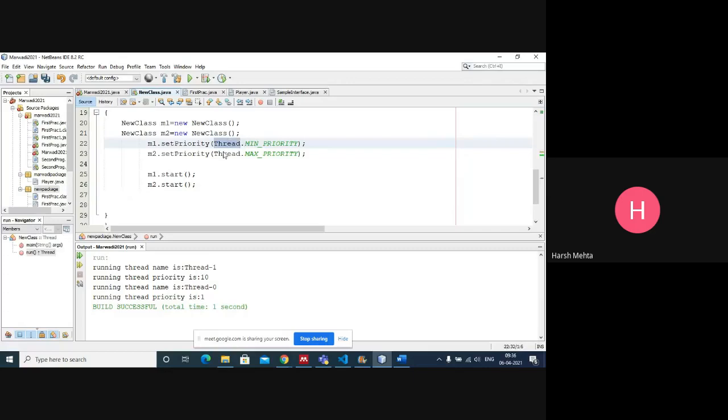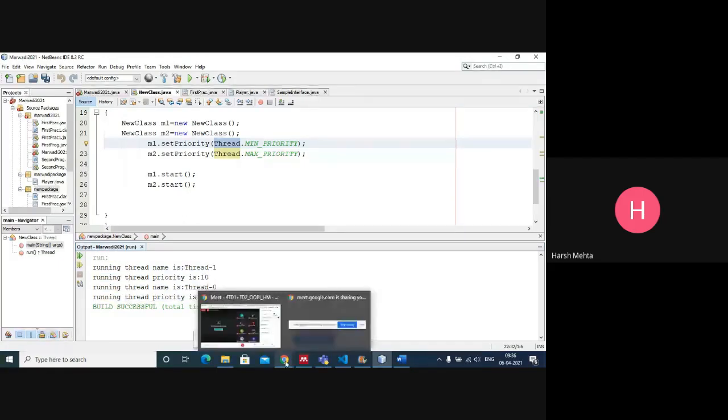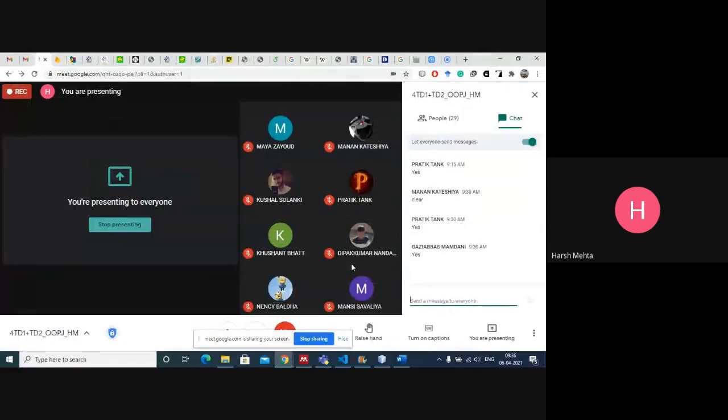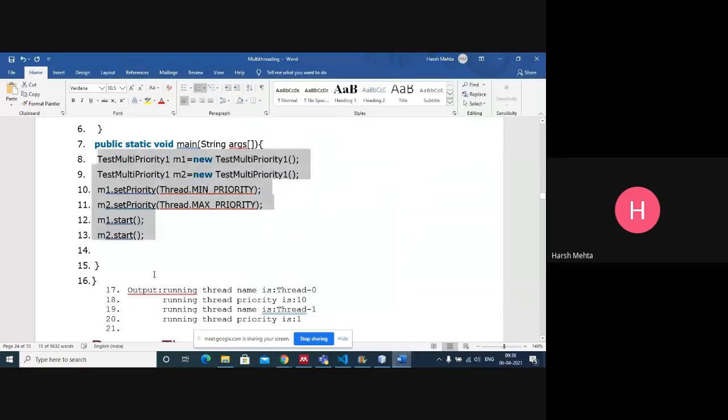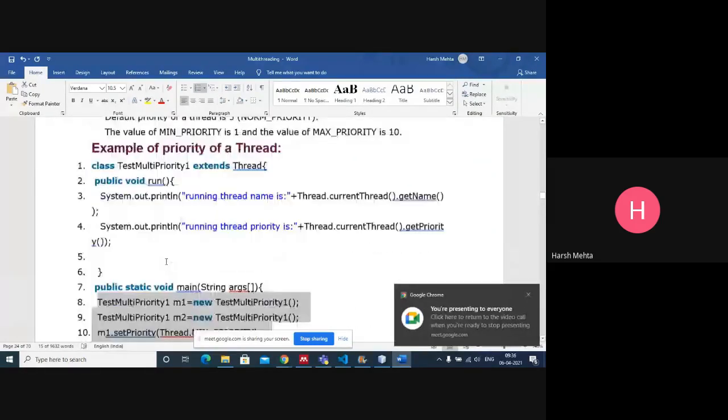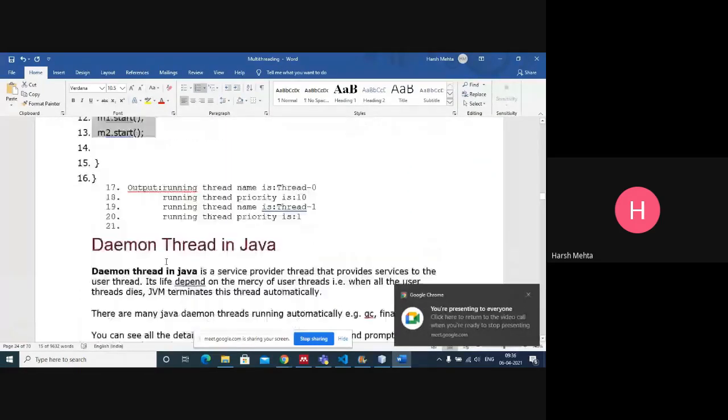Then thread 0 also has its priority checked, and its priority is 1, so it runs later on. Thread 1 is 10, thread 0 is 1. Fine, so this was the priority.